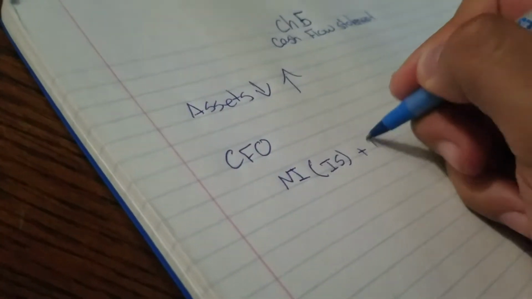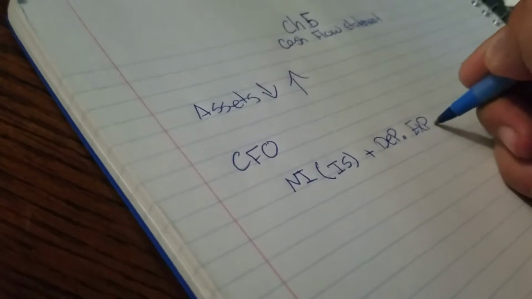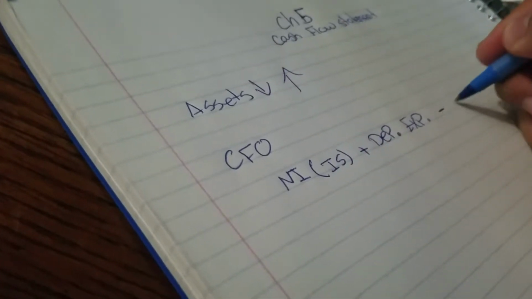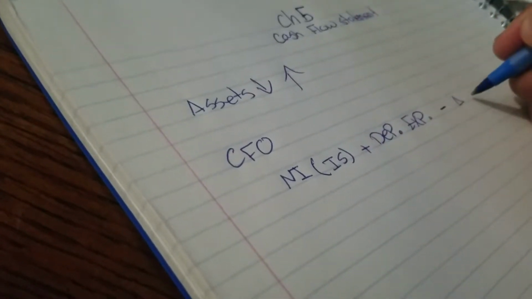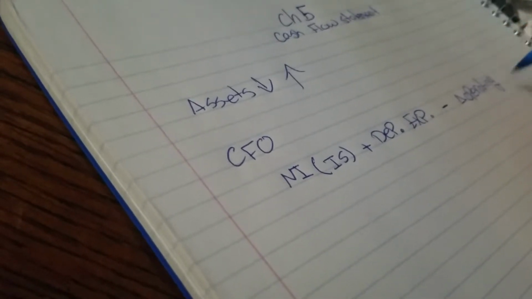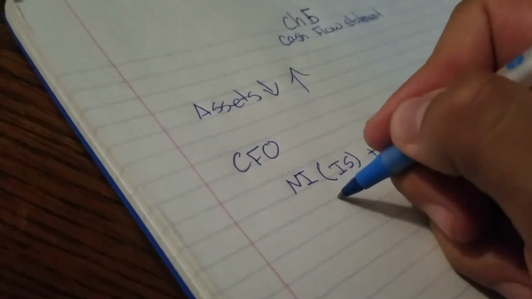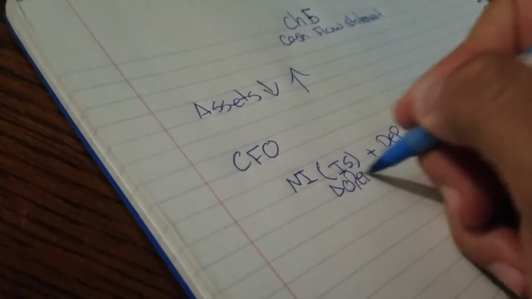You add the depreciation expenses, then you subtract the change in operating assets, and then you add back the change in operating